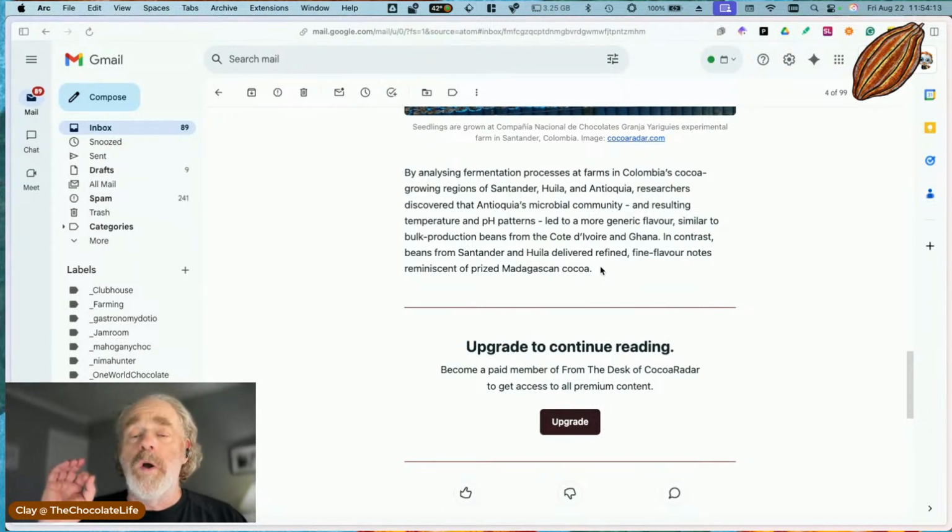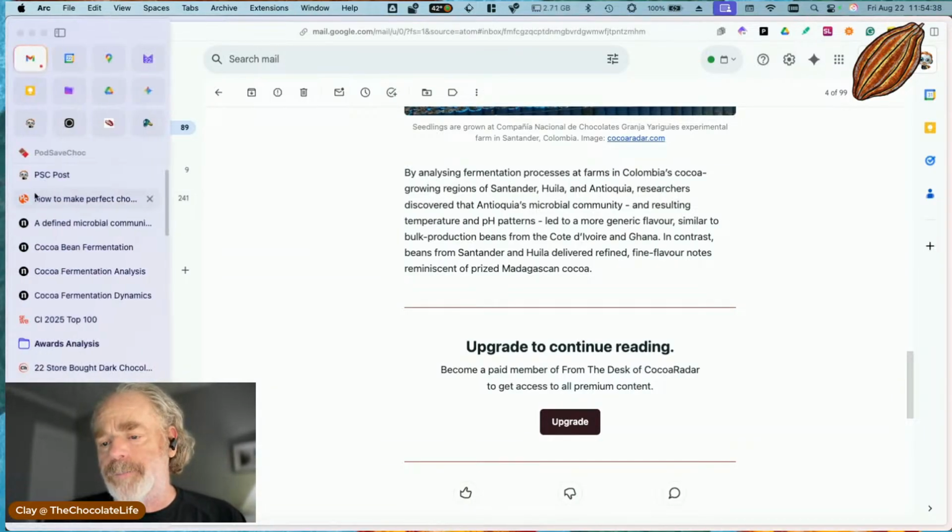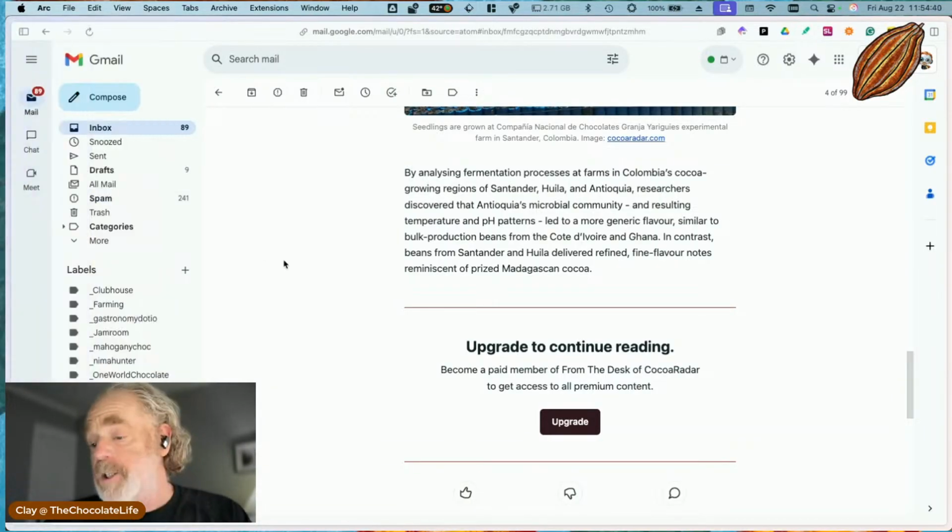So if you are thinking about importing Madagascan cocoa beans, transporting them, and you can get beans of the same flavor from Colombia, that could be interesting because it may be less expensive for you to get cocoa beans from Colombia. That I can get the same flavor profiles from Colombian beans in particular parts of the country. That's interesting. But there's an aspect of this that I do want to talk about, which goes back, let's go